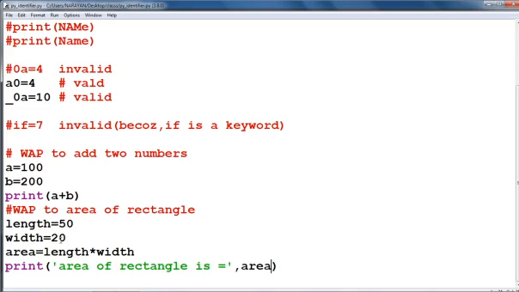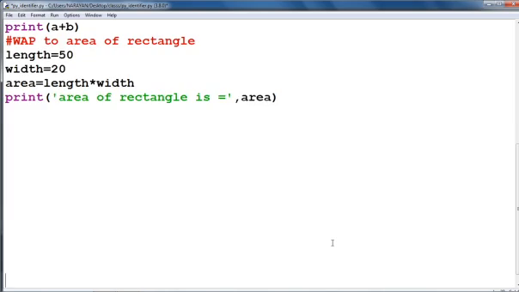If we are going to take this input from the user, now how to take input from the user? Suppose that we have to ask for two values, length and width.